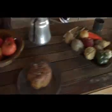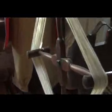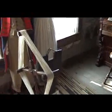Over here we have wool from a sheep right here. Okay. And what they do, they would shear the sheep and it would be just like if you were getting a haircut, it wouldn't hurt you at all. And over here is the comb that they would comb the wool with. And then they would put it on the spinning wheel and make a thread come out. And if you knit, you would know that it takes a hank of yarn to knit a baby coat or sweater and a hat. And that is a yarn winder. And when the women would put it on there, when it became a hank of yarn, it would pop. And the nickname for this is